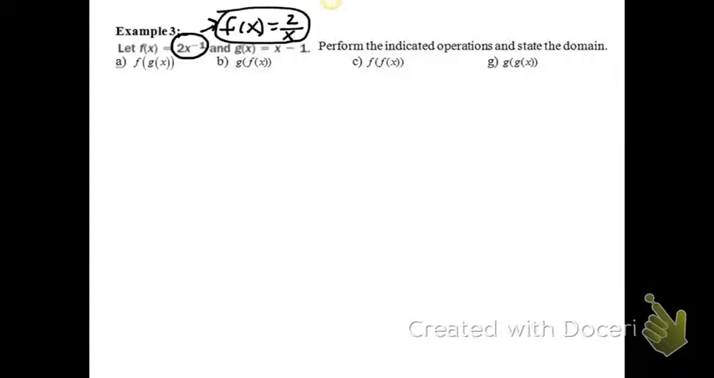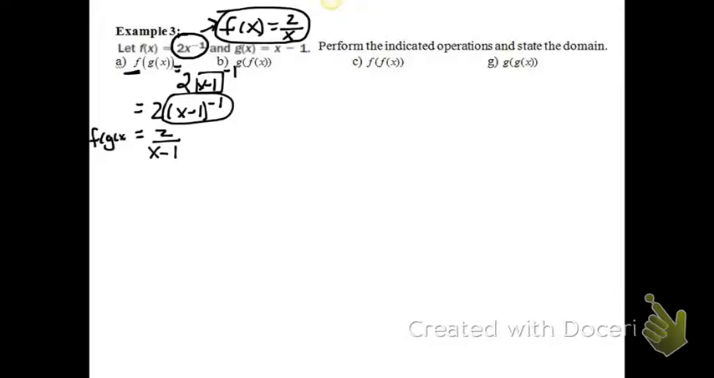Alright, let's look at A. Let's do f of g of x. If it's okay with you, I'm going to save a little bit of time and just rewrite f, the outer function, with the box. So it'll be 2 box to the negative first. Right? And in that box goes x minus 1. So really what we have here is 2 times the quantity x minus 1 raised to the negative first. Well, I always hate negative exponents, so I'm going to move this downstairs as 2 over x minus 1. So this is f of g of x, and we're done,